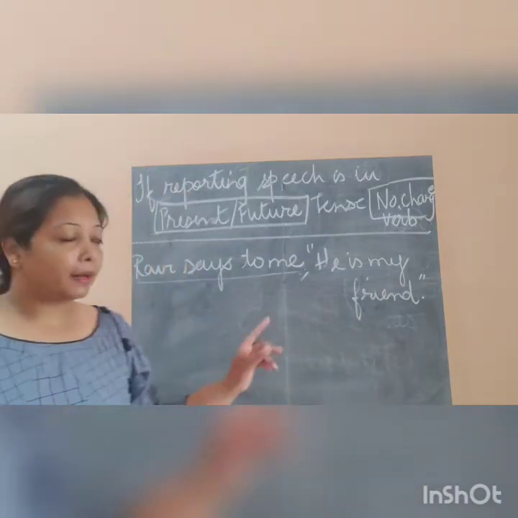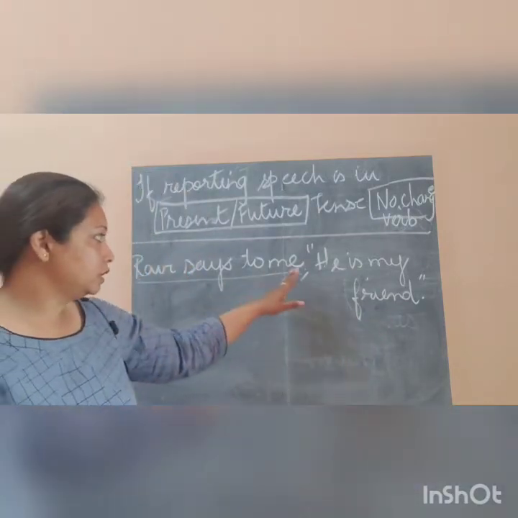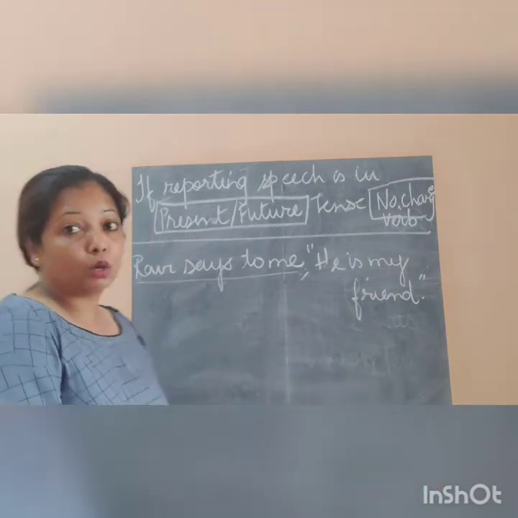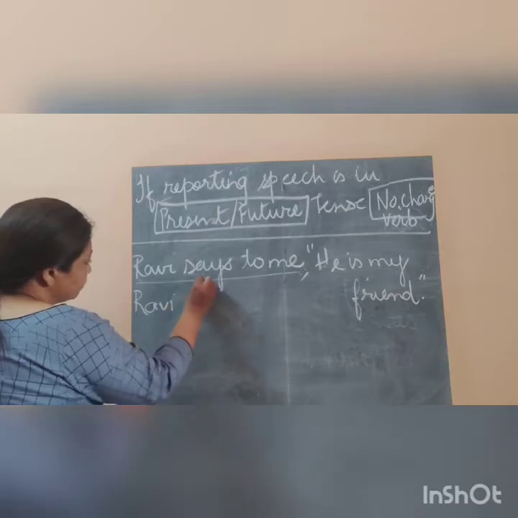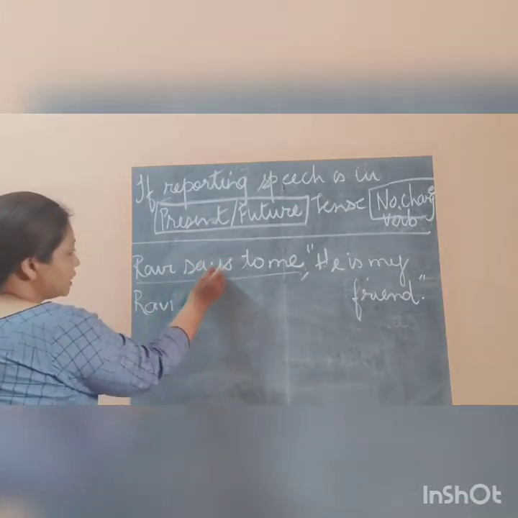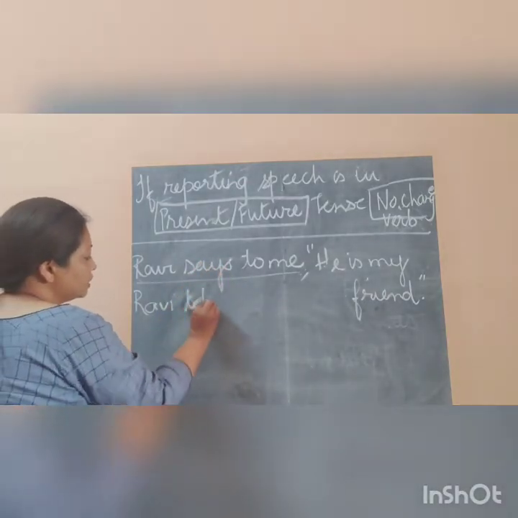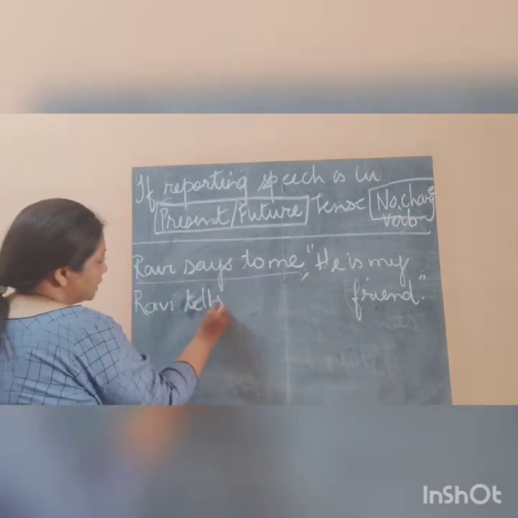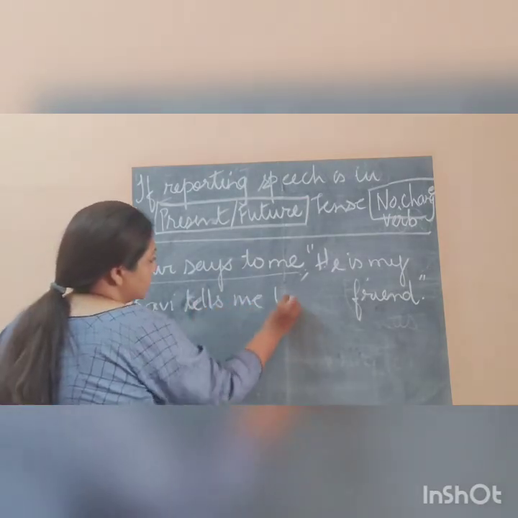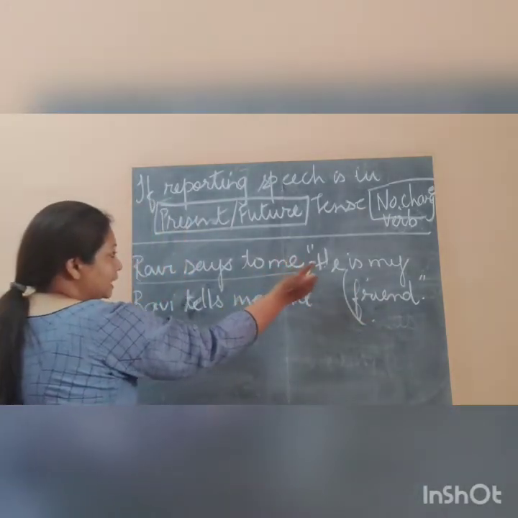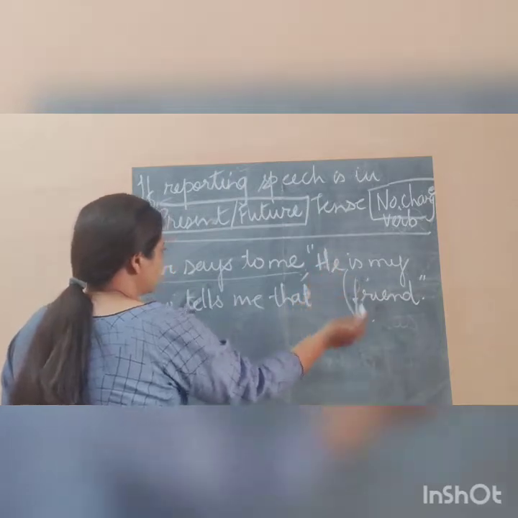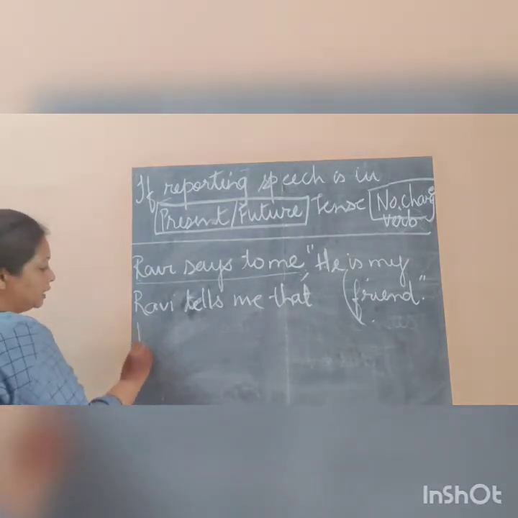Okay, so let's see this example. Ravi says to me, he is my friend. So how will we change? Ravi. Now instead of says, we can use says and even we can use tells. Ravi tells me that, where that is the connecting word here. He, now it's he here. So what we will be doing here is he will be written as he